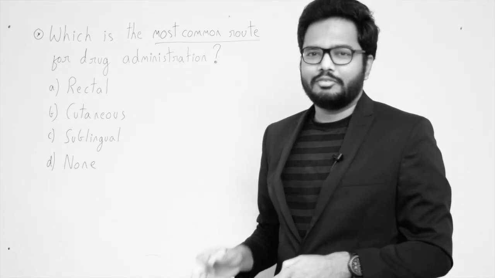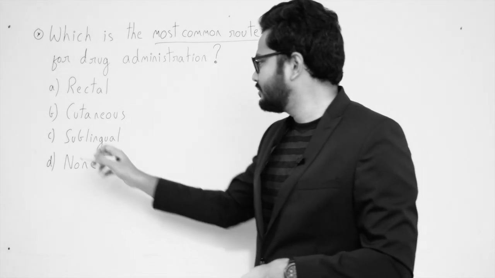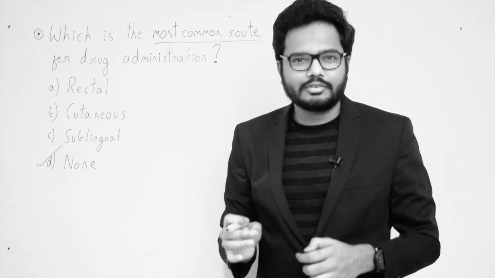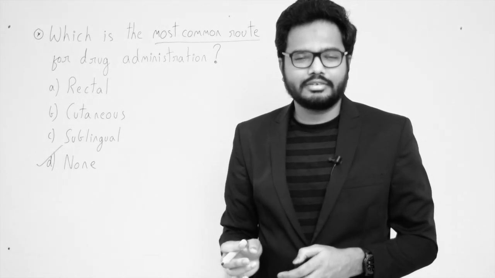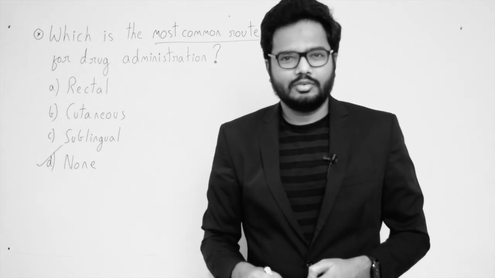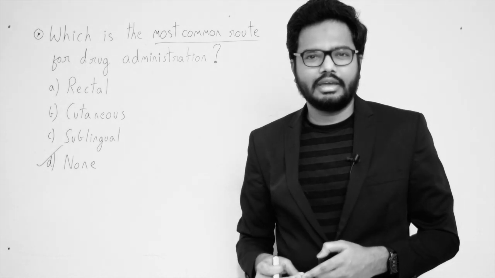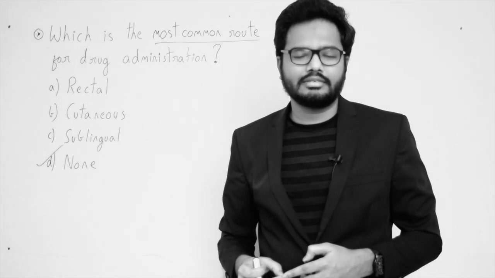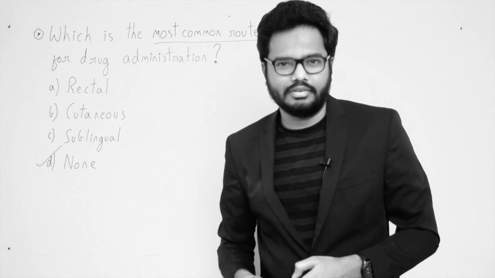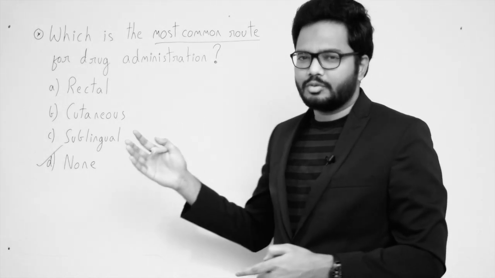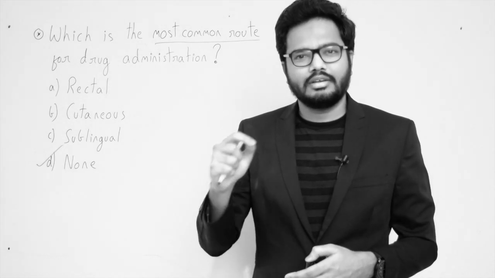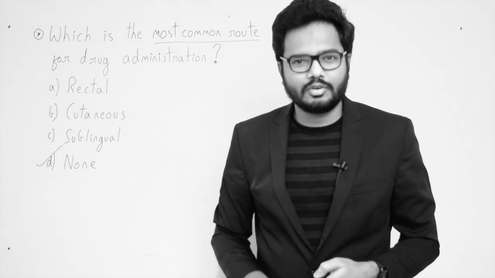Okay, so if you had guessed option D, then it is the right answer. So the most common route for drug administration is oral route. See, rectal route, as you know, certain unpleasant irritant drugs are given either as retention enemas or suppositories for systemic effect. Whereas cutaneous route, lipid soluble drugs, where we are expecting a slow and prolonged duration of action, can be